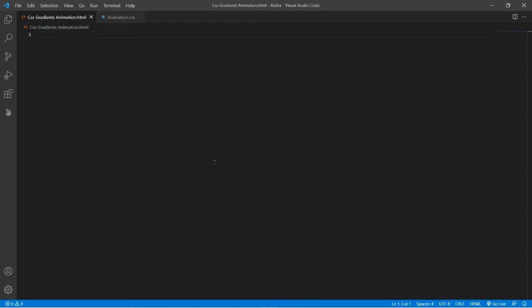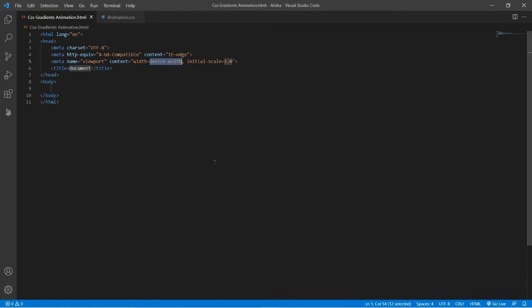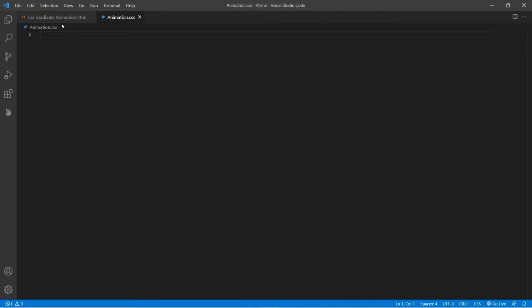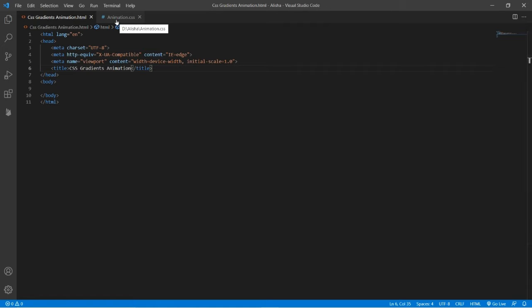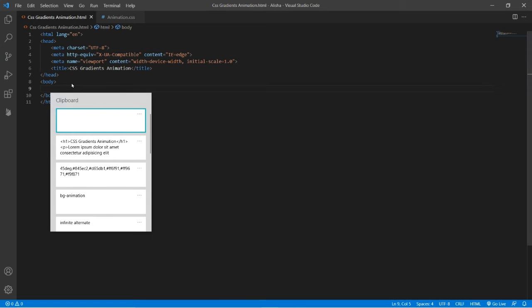Hello friends, in this video we will learn how we can animate CSS gradients. Firstly, let's type the coding of all the main text in HTML, then let's change the title into CSS gradients animation. Here you can see I have created a new external CSS file, and here we'll type the coding of